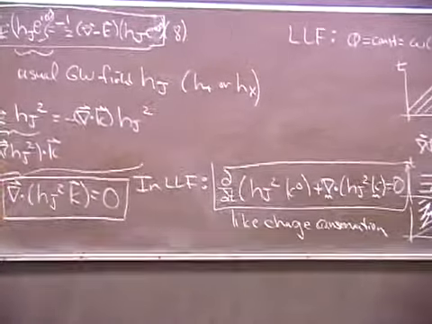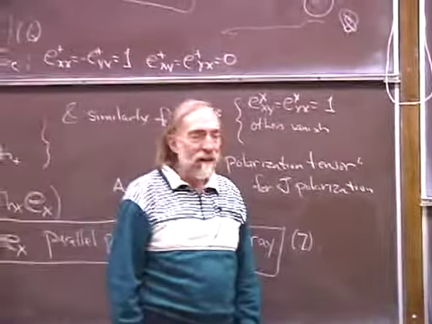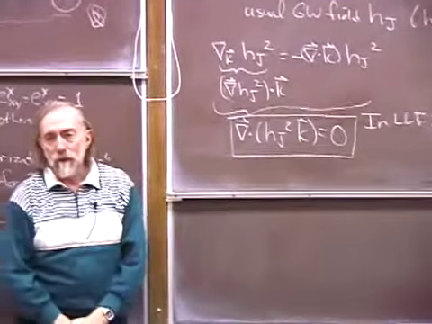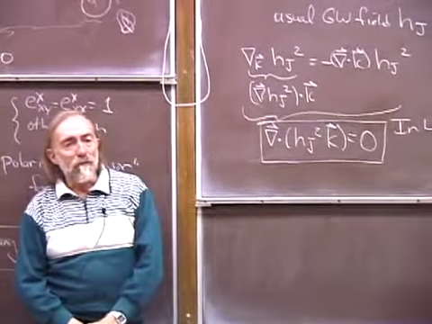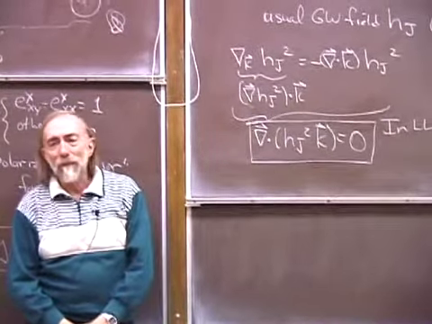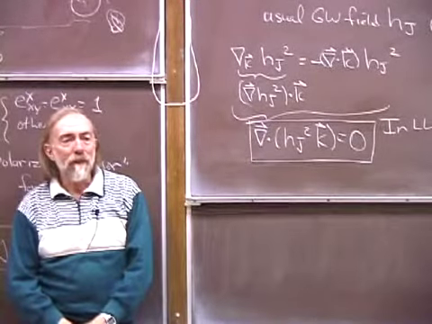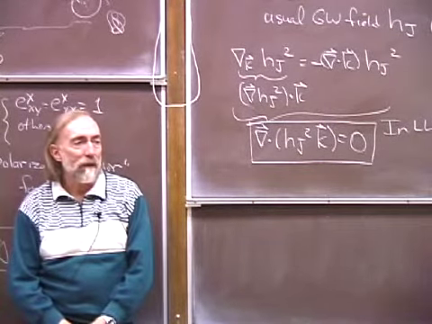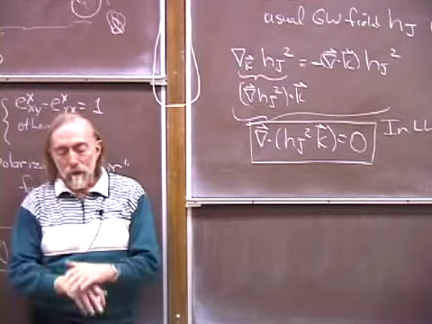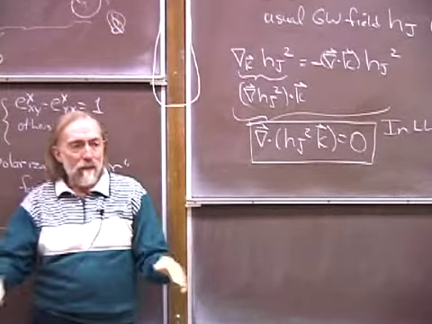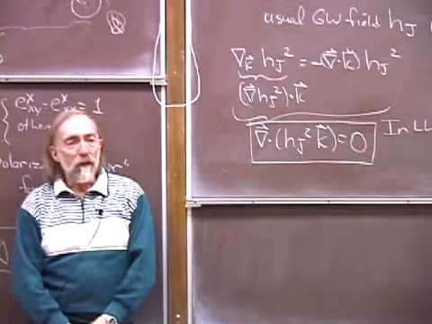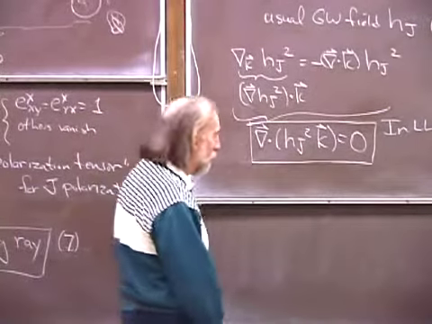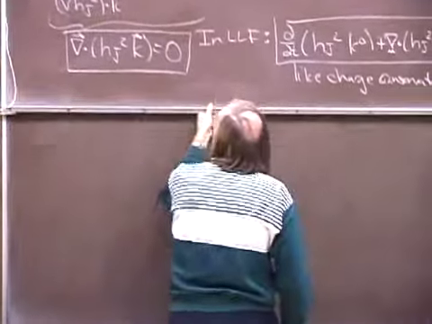Well, it seems reasonable to expect then that this conserved quantity, the analog of conserved charge, is going to be graviton number. I mean, what else could be conserved here? If you have something that is conserved in the sense that charge is conserved, there just isn't anything else it could be except graviton number. Clearly, gravitons are being conserved if these waves are propagating freely through space-time. There's no place for them to go. If it's propagating through matter, they might be slightly absorbed or scattered or something, but propagating freely through space-time, they ought to be conserved. And so we have a guess